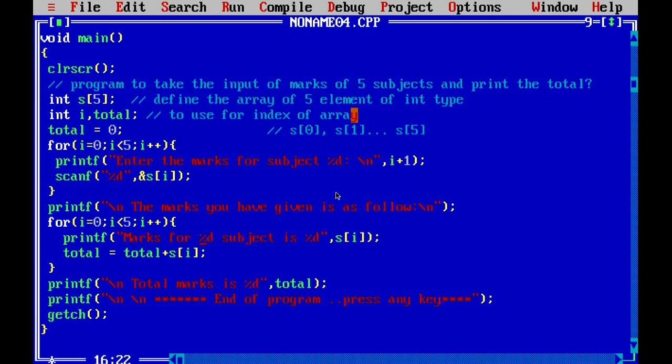Marks for subject 1 is %d. So here I am saying i plus 1, then s[i]. So why am I using i plus 1? Because I want to print the message